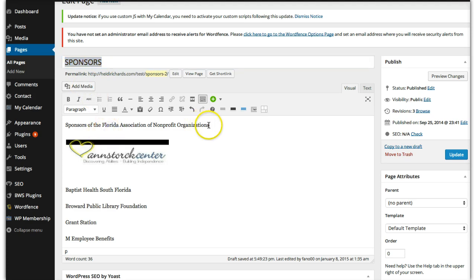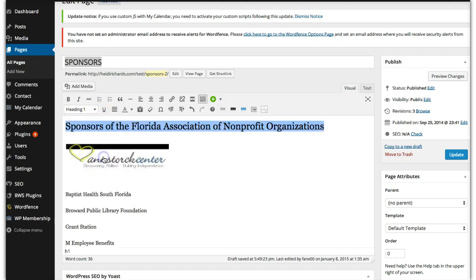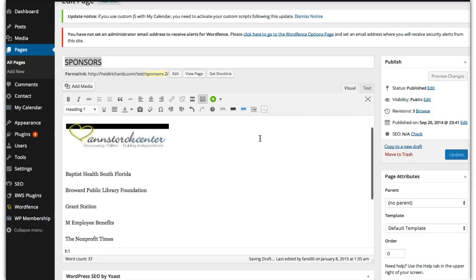So give it another title. This would be your secondary title. I would also make it what they call a heading 1, because Google will recognize that as an important header. Okay, and you could also put, if you wanted, in this case, I put FANO in parentheses because that's the acronym, and that way Google will index it for both. So now we've got the one